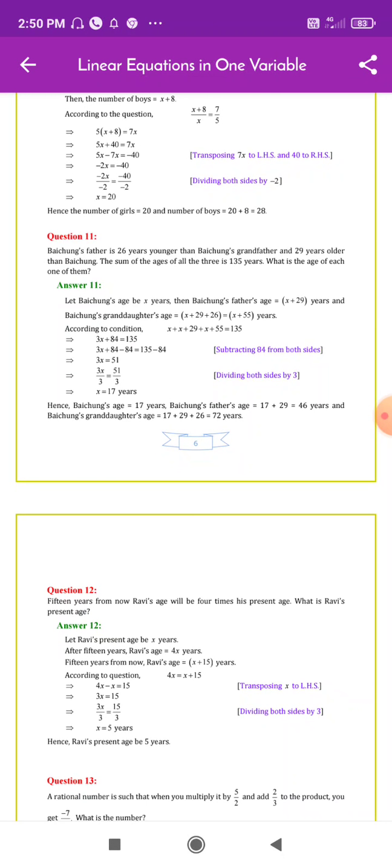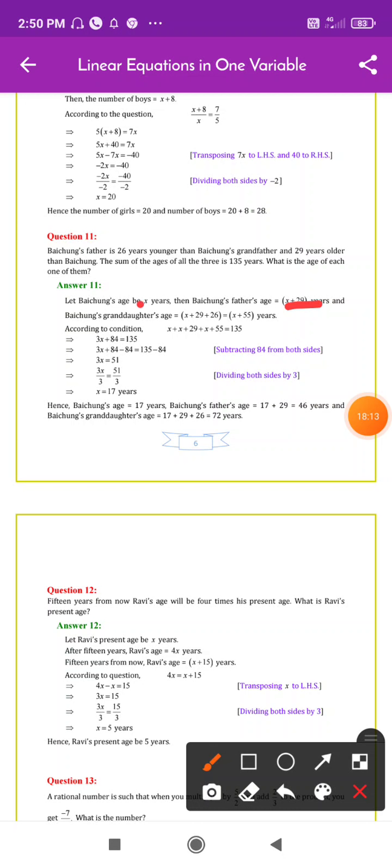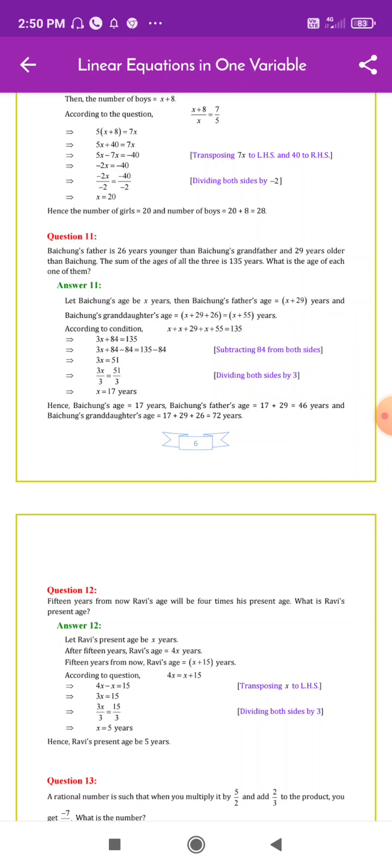The x terms will be added, and the numbers will be added. So 3x plus, after adding 29 plus 55, what do we get? That is 84. Yes or no? It equals